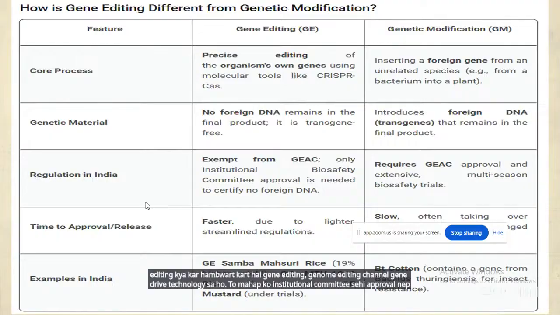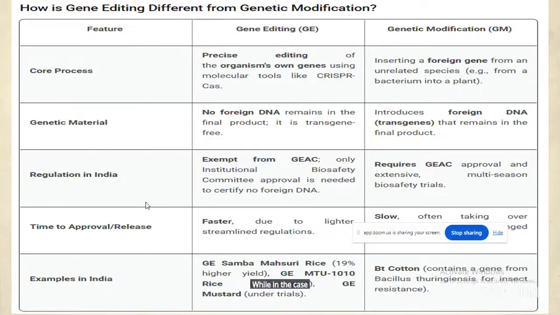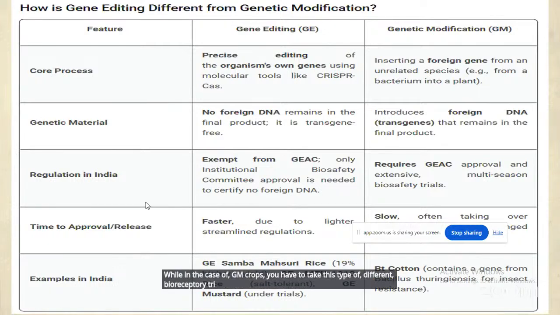दूसरी जितनी भी स्टेट लेवल से डिस्ट्रिक्ट लेवल से लेकर सेंट्रल लेवल की जो कमेटी है वहां अप्रूवल आपको नहीं लेनी पड़ती. While in the case of GM crops you have to take different biosafety trials and approvals. In the time, one of the most important parameters, जीनोम एडिटिंग के लिए टाइम रिक्वायर है काफी लेस है, बिकॉज वहां पे अप्रूवल से लेके जो ट्रायल है वो काफी लिमिटेड कंडीशन में आपको करना होता है. वहीं पे अगर आप GM क्रॉप्स की बात करते हैं तो it takes time, बिकॉज अप्रूवल जो मेजर थिंग है वो है अप्रूवल, and second thing is ethical issue. वहां पे दिस इज मेजर कंसर्न.